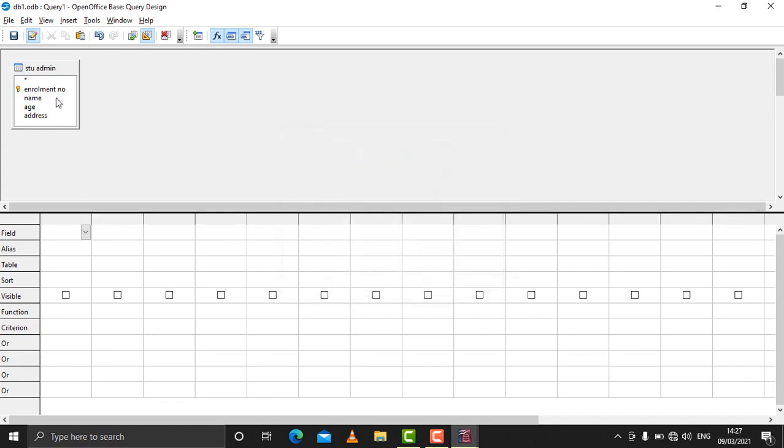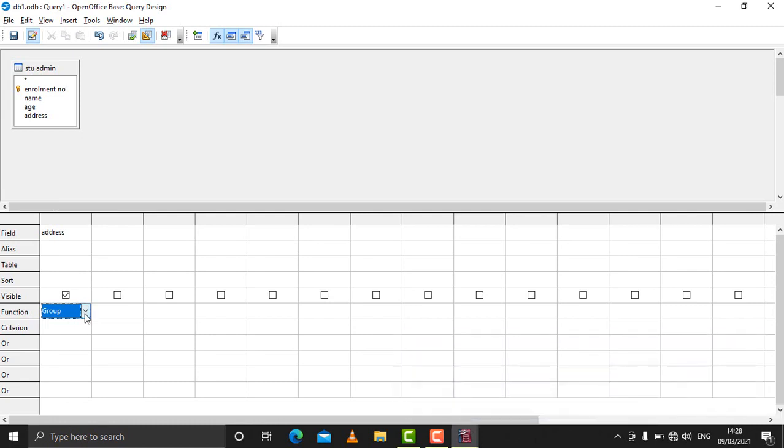So I want, suppose, a field I have to select. This is what I'm telling you about grouping the data, how to group the data if a table has similar kind of data. Suppose that I have to group according to the address. Okay, so I'll select the field from here, and after that I have to come to function. Here you have to select group. This will help to group similar kind of data. On that you can perform some functions.